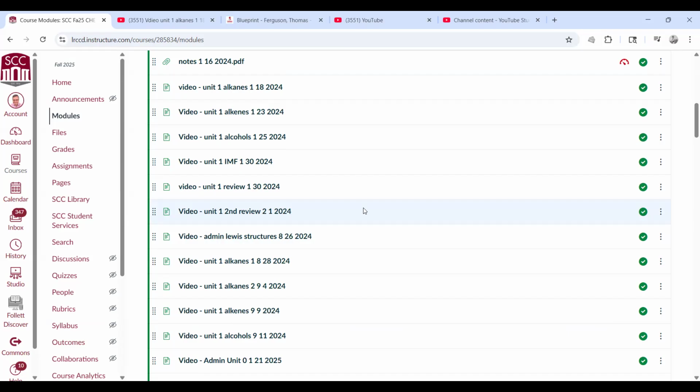And then you said we're just watching the alkanes ones for Wednesday? Yeah, we're going to do a subject per day. So first we do alkanes, then the next lecture we do alkenes, then the next lecture after that we do alcohols, then we do a unit 1 review, and then we have a test. Okay, thank you so much.